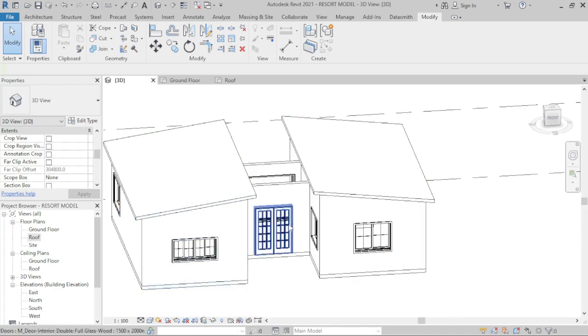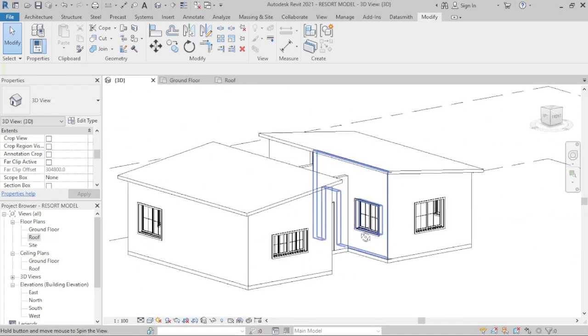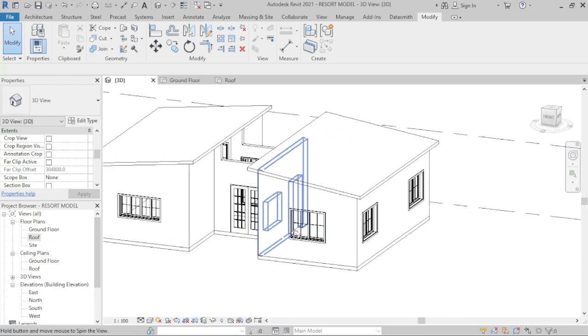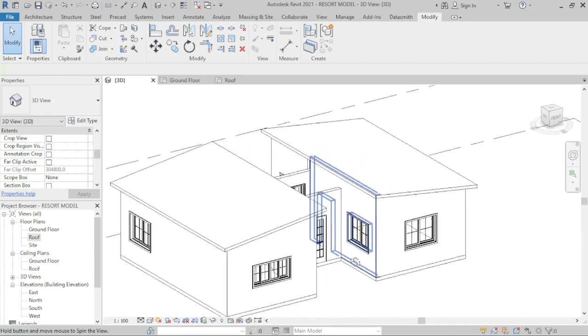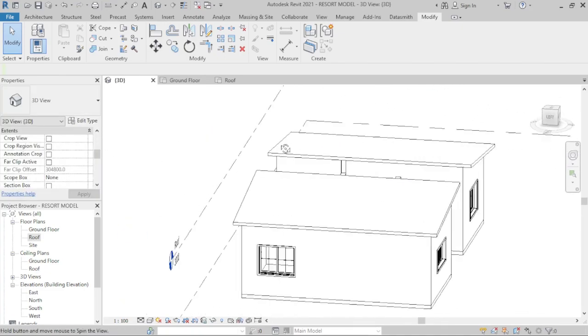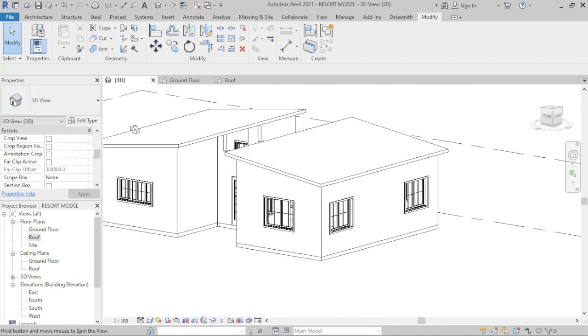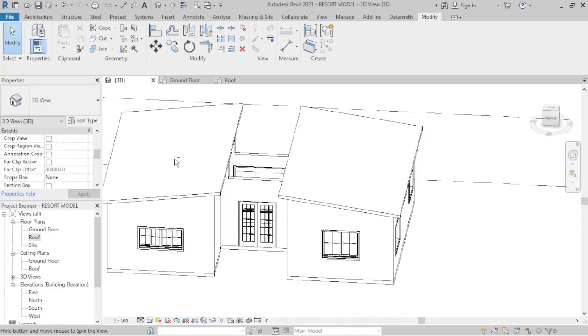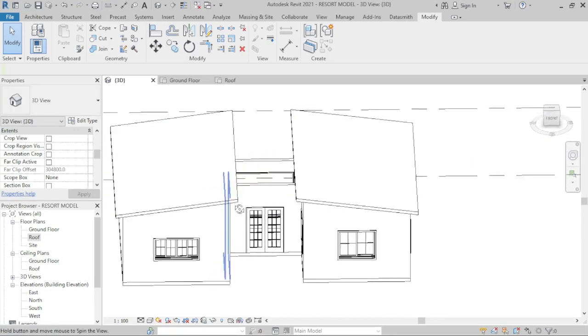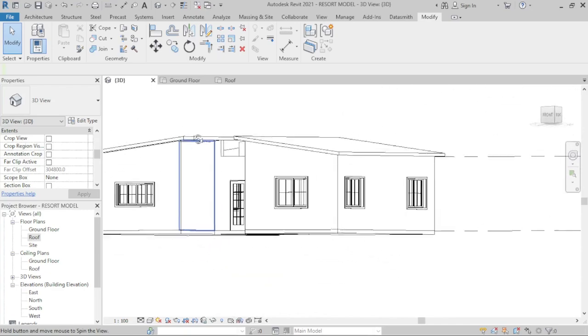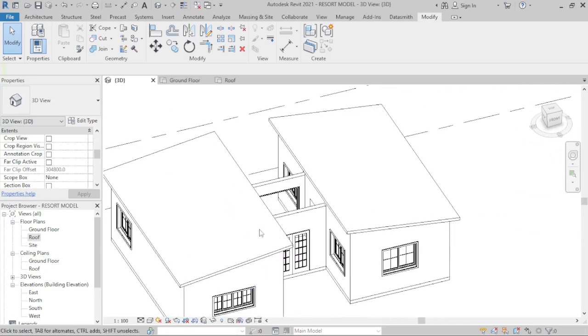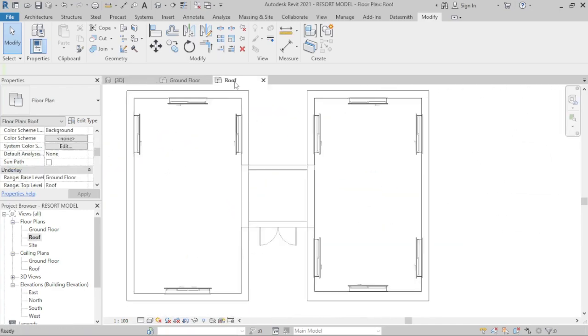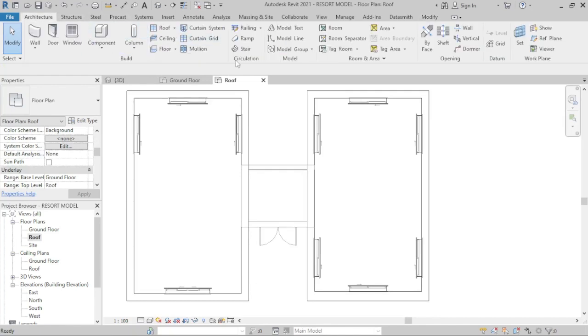Click on hidden line, that's where we are, and that's more simple. Your computer may not require much when you are viewing in this theme or style rather. So let's do some editing, because now our center entrance way is still uncovered, and let's see how we can go about that. So let's go to the roof, let's create a slab there,